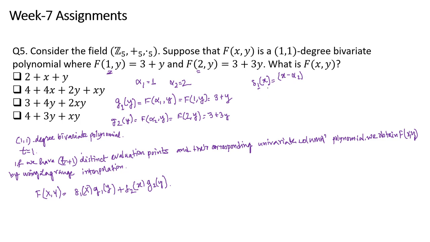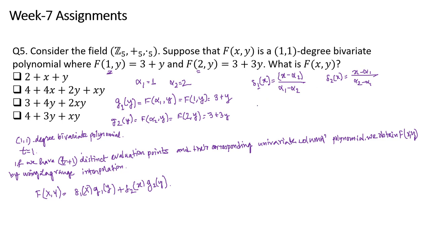We have only two evaluation points. Sorry, we write x minus alpha 2 till x minus alpha t, right? But here we have only alpha 1 and alpha 2, so the corresponding polynomial is this, and delta 2x is x minus alpha 1 over alpha 2 minus alpha 1. This is how Lagrange